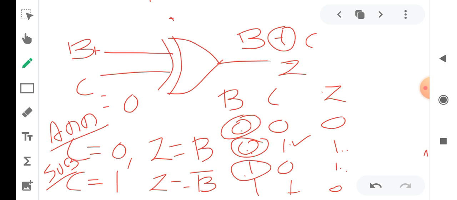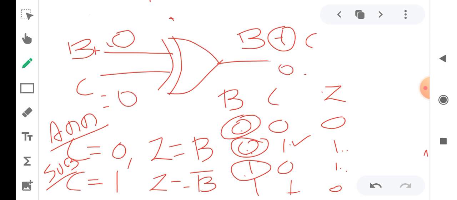So when C is equal to 1, Z is equal to B complement. Whatever you give, if you give 0, then it is 1 here. If you give 1, the output will be 0 here. If C is equal to 0, whatever input you give here, if 0, then Z is equal to 0 itself.